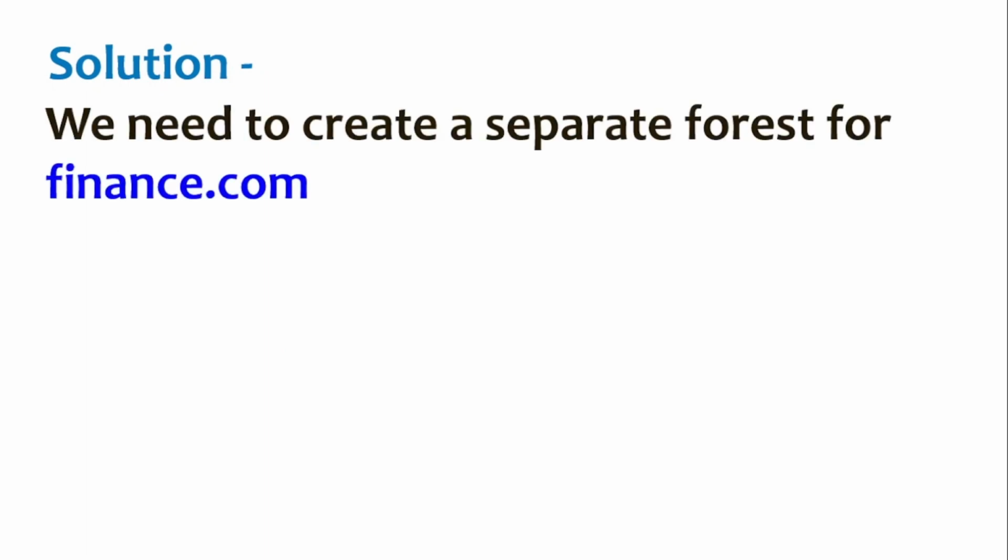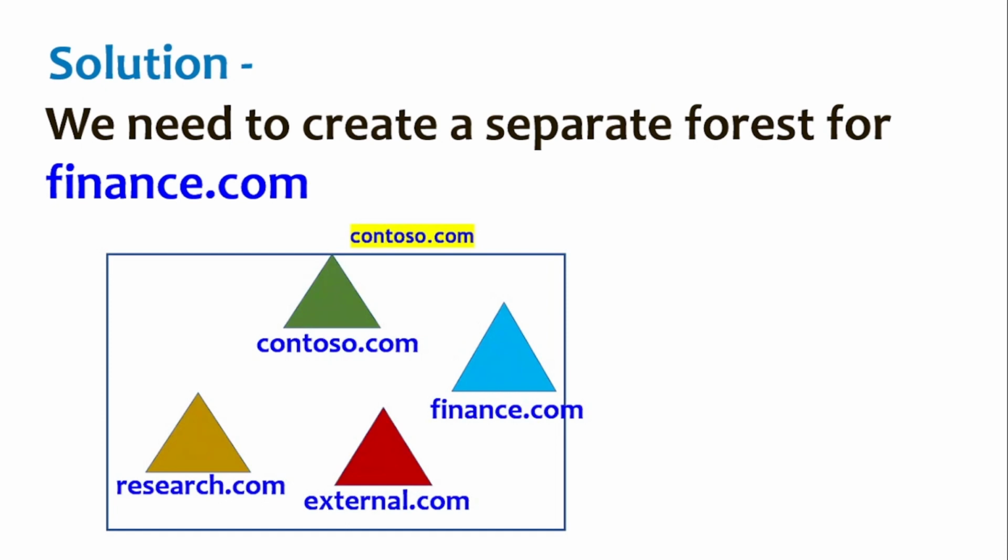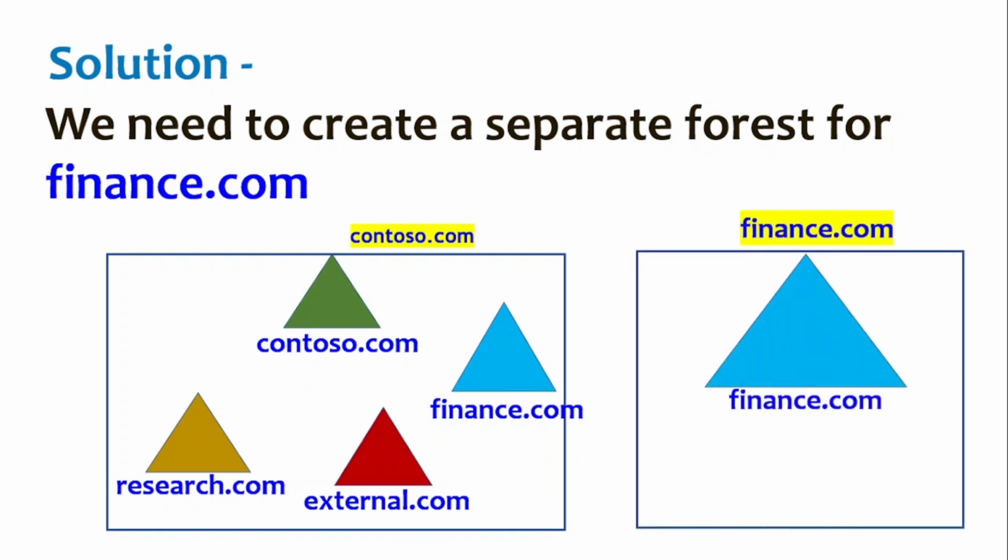The only solution over here is we need to create a separate forest for finance.com. We need to take the finance.com domain out of our forest contoso.com and make it a different forest altogether. So it will be somewhat like this. This is the current situation: Contoso, Research, External and finance.com. We need to create a new forest, finance.com, and migrate all the resources from contoso's finance.com